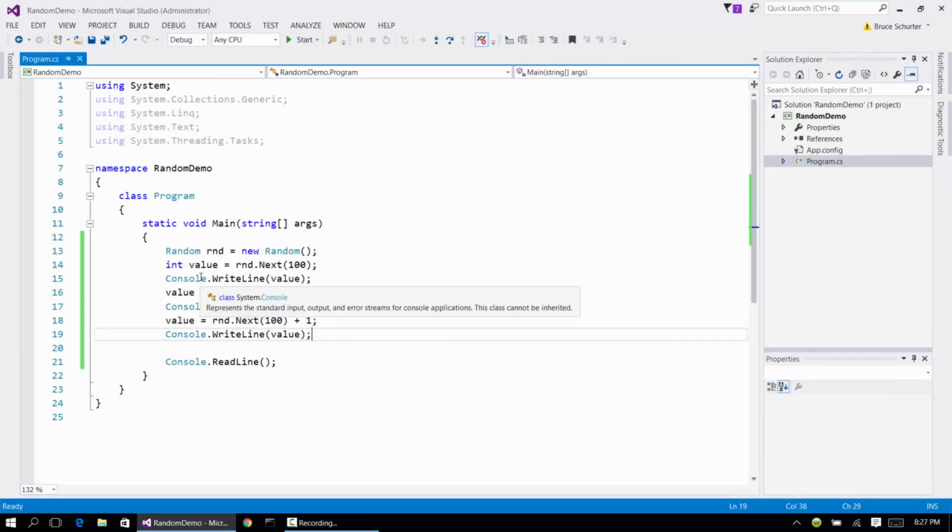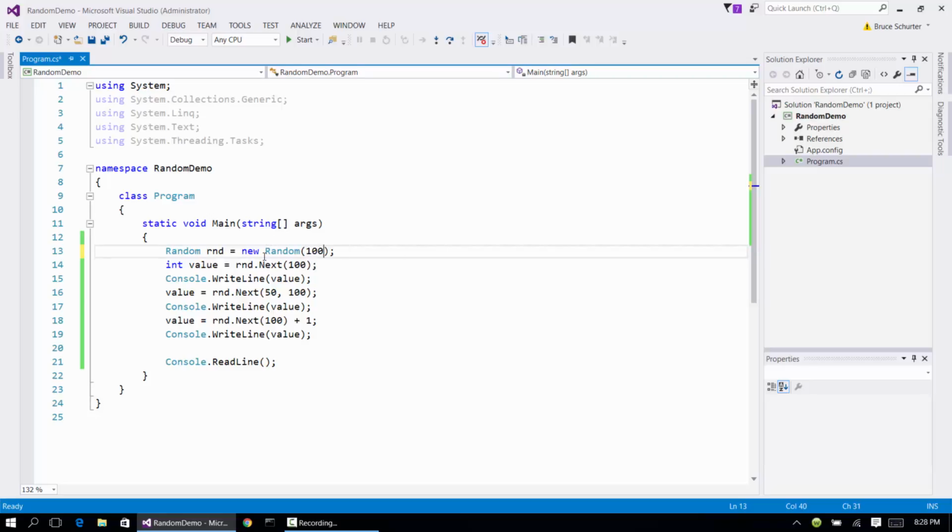Now, an interesting thing about the random numbers that are retrieved from this Random class is that it's not truly random. It's close, but it still is based on a mathematical algorithm that creates a list of random numbers at the time the constructor is called. That list of numbers is based on something called the base seed. When you don't pass in a value to the Random constructor, the seed is going to be based on the current time. However, I can provide, let's say, the value 100 for my seed, and then watch what happens when